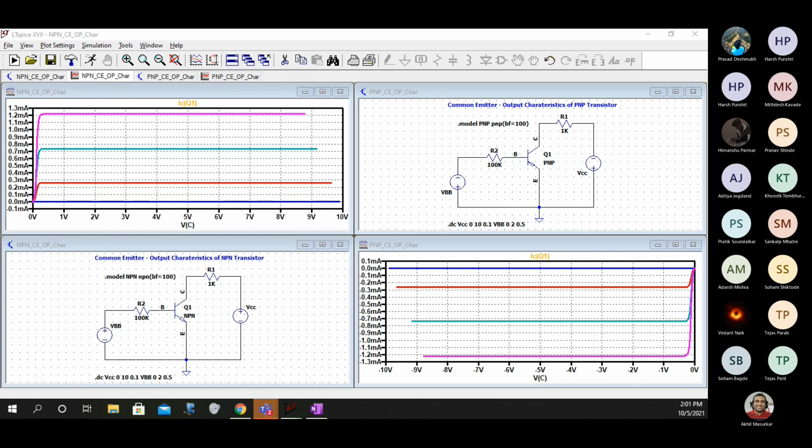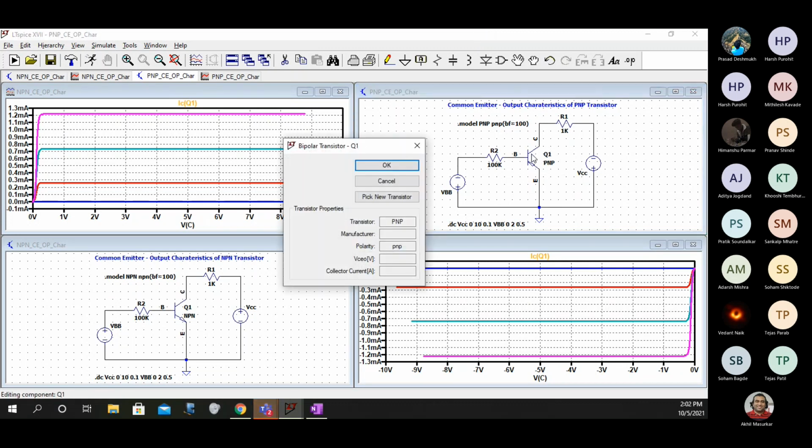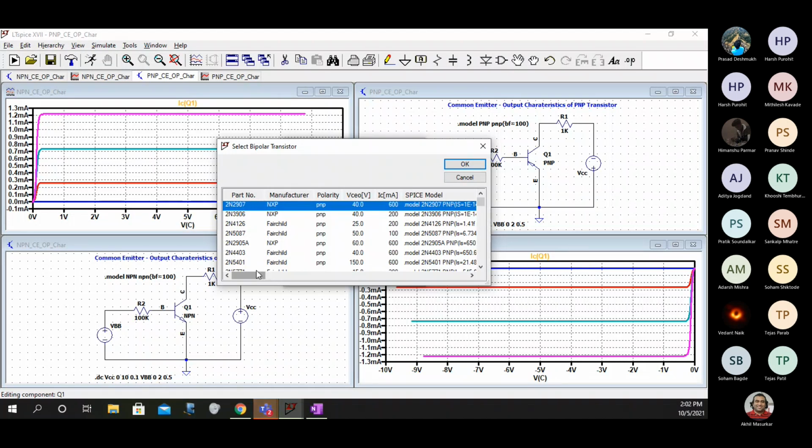Now let's say that you want to test, like you went to the market and now you want to buy a transistor, or probably you want to see a known transistor. So you can pick up a known transistor from this list, which is already there inside this. So we have 2N222 kind of transistors.